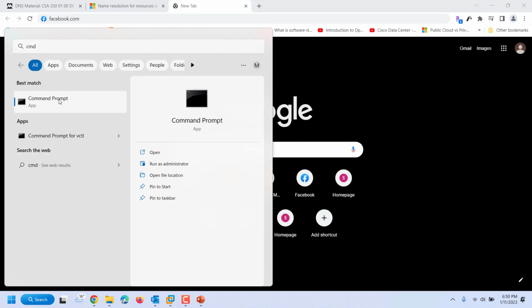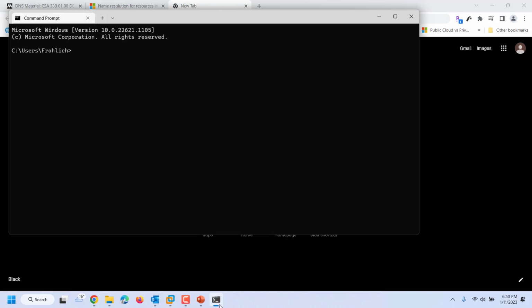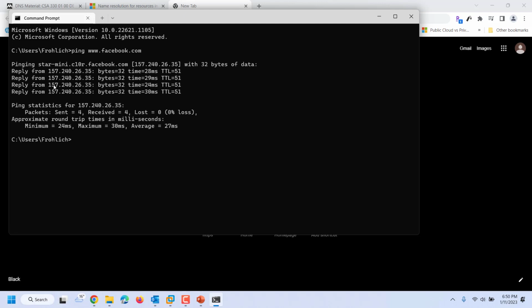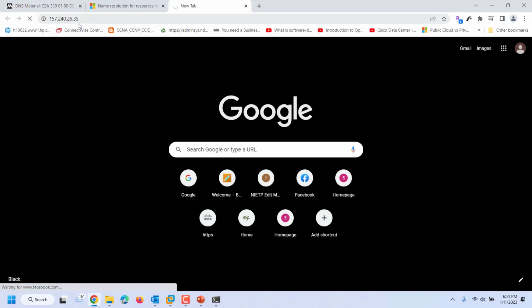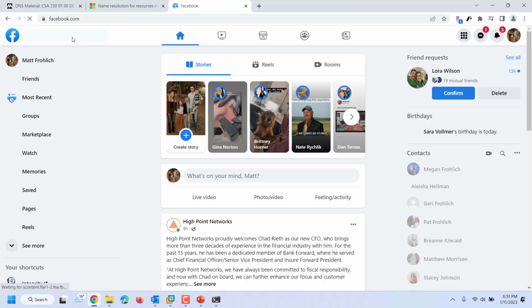let me open my command prompt and just show you. When I go to Facebook, facebook.com actually gets resolved to an IP. One quick way to get the IP is to ping it. You can also do an nslookup, which I'll do here as well with a different one. But I can see here that facebook.com is actually 157.240.26.35. Now I'm likely going to get an error if I try this, but I'm going to try it anyways. Theoretically, I could save my computer a step from having to resolve facebook.com by just typing in its IP address. It's telling me it's not secure because of the certificate, but it actually did work. It's resolving me to